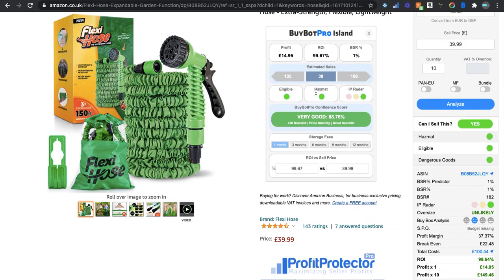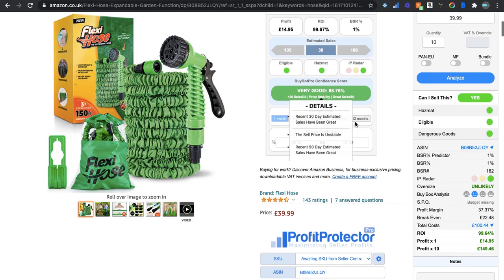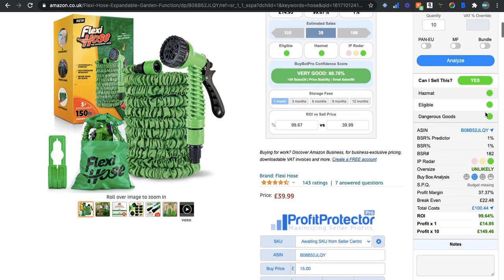So just to summarise, you want to make sure that you're eligible: hazmat, IP radar, you're all okay. If not, why not? And are you going to go around it? Check the confidence score. It's not the end of the world if the confidence score is not very good. It just means that you need to do further due diligence on the historical data, which we are going to do. Check that you can sell it, check it's hazmat, check it's not dangerous goods, check all these are okay,